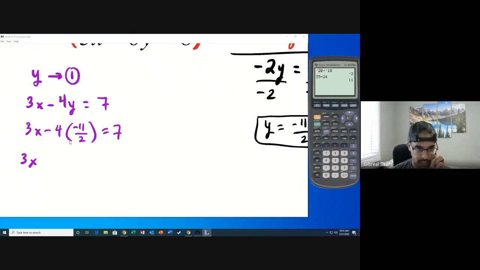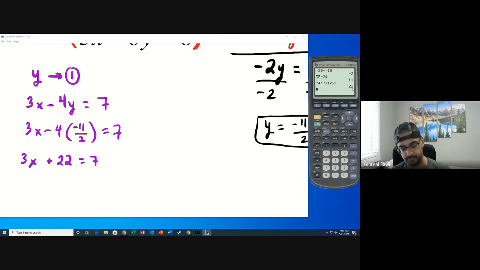Now, when we multiply those together, just remember that 4 is a negative. So we can do negative 4 and multiply it by negative 11 divided by 2. Now, before I press enter, that 4 is essentially a fraction, okay? It's 4 over 1. When you multiply fractions together, you multiply the tops together, the numerators, and the bottoms, the denominators. So negative 4 times negative 11 should give me positive 44. Divided by 2 should give me 22. That's what I should have, which is exactly what it tells me. So that's a positive 22,